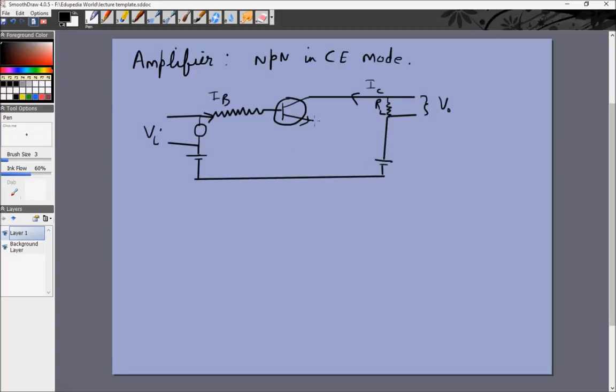And you have the emitter connected here as well. So this current will be IE. This potential difference will be VBE. I'll just make it a little bit clearer. And this total potential difference will be VCE. So this is the potential difference between the emitter and the base, and this is the potential difference between the